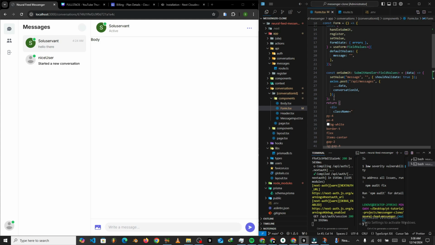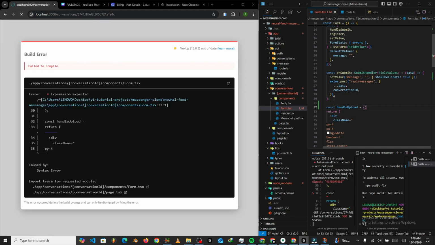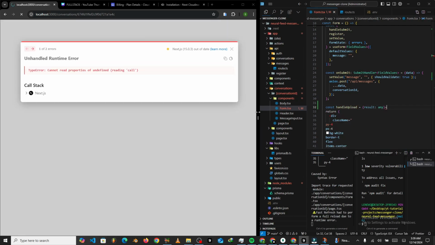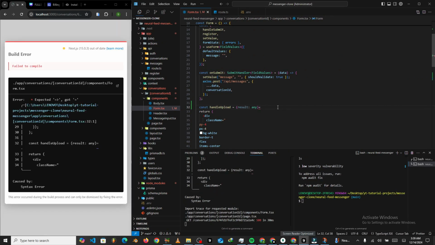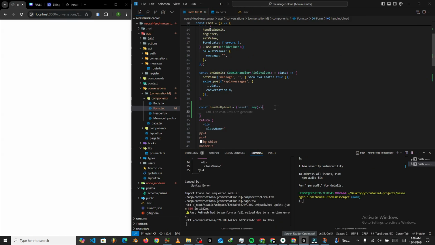So what we'll do is we quickly come above here and then we say const handle upload, right? Then inside here, what you're going to do is you're going to take results, and then this results is going to be the type any. Okay, let me quickly maximize this so that we see it clearly. It's going to be the type any, and right after we just come here and inside, so inside over here, what we want to do is we want to say